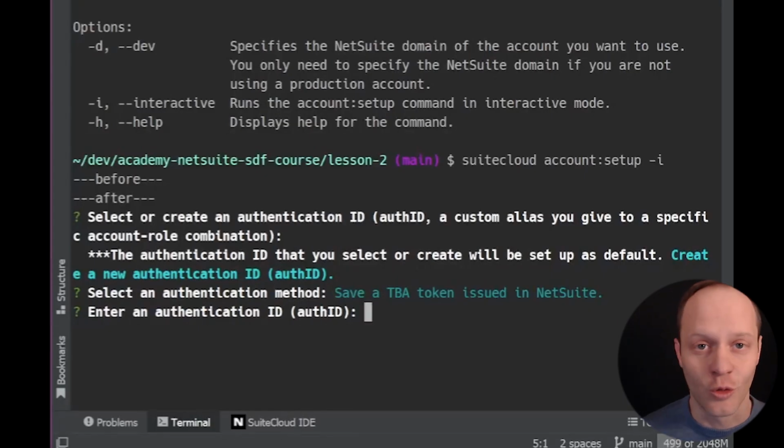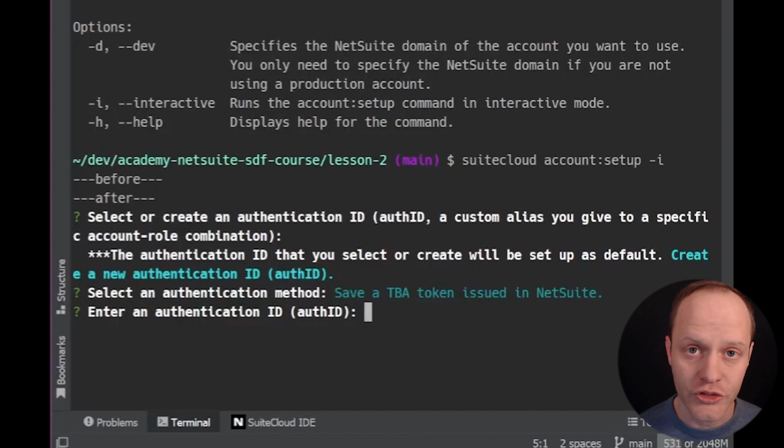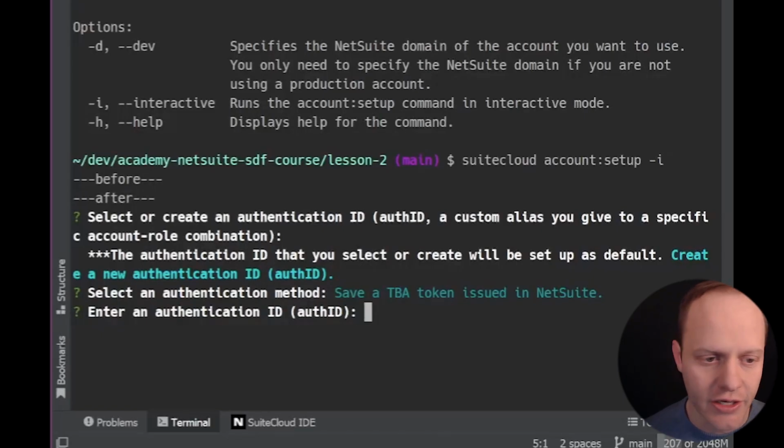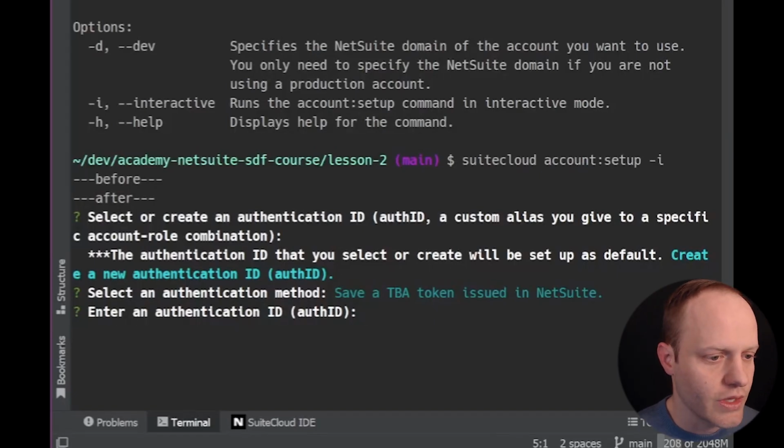This ID is not stored with the project, and it's not shared in any way. It is local to your machine. You can have multiple authentication IDs stored on your machine. One example of that might be if you have a production account and a sandbox account and a dev account, you'll have separate authentication IDs for each account. After you choose an authentication ID,